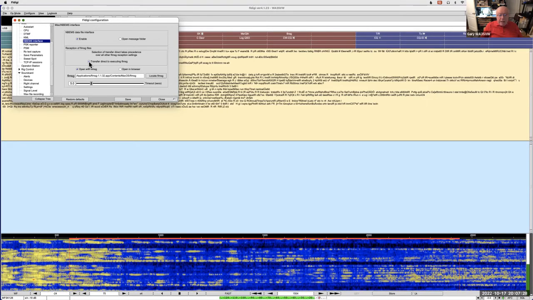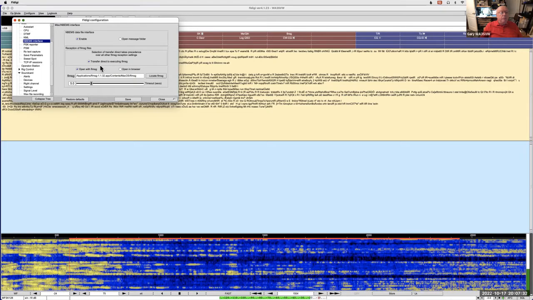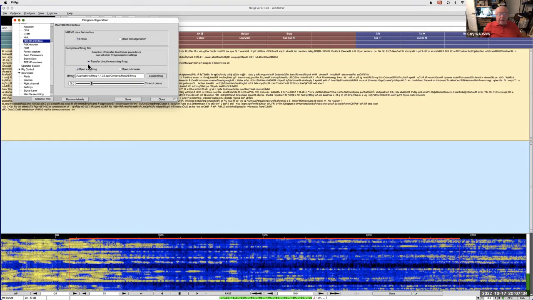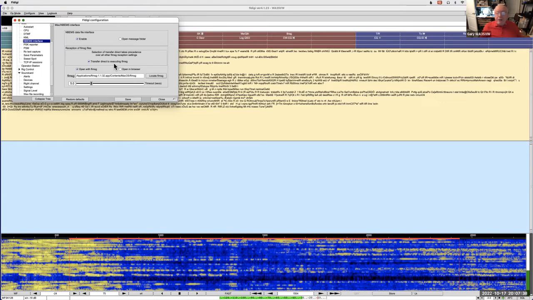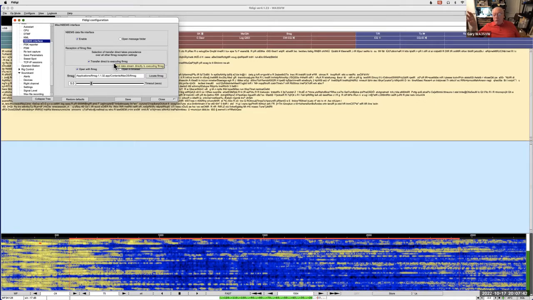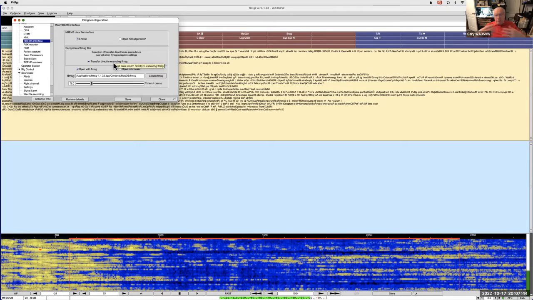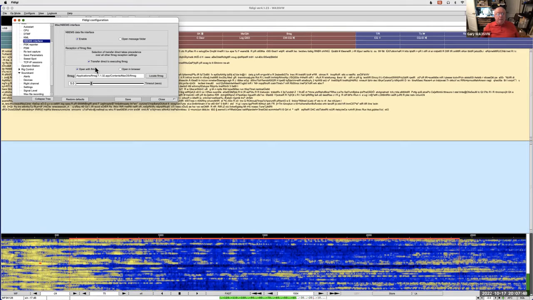This should not be checked, and I haven't really set this up. A lot of people don't pay attention to this and they leave it checked. What this does is say "transfer direct to executing FL message." If you already have FL message open, maybe you received a file before this one's coming in, and you have it open, and that's checked,